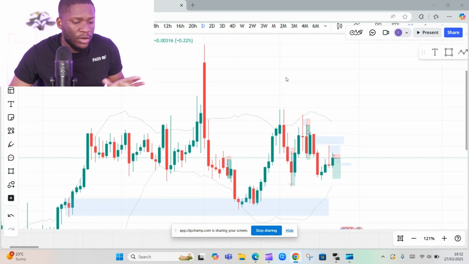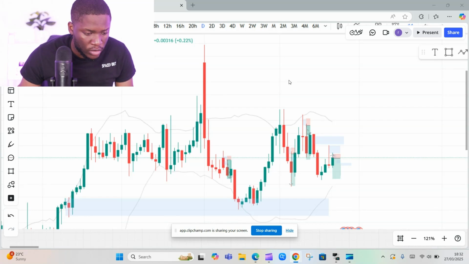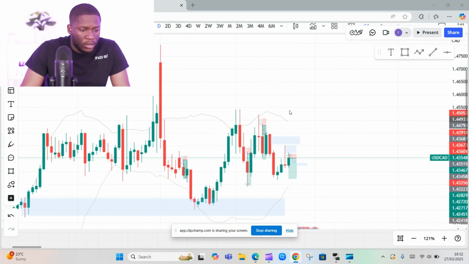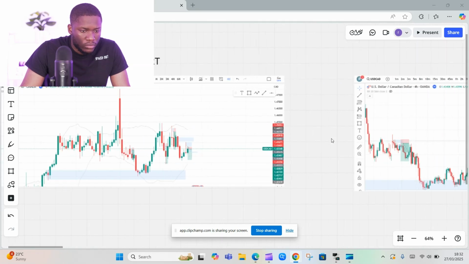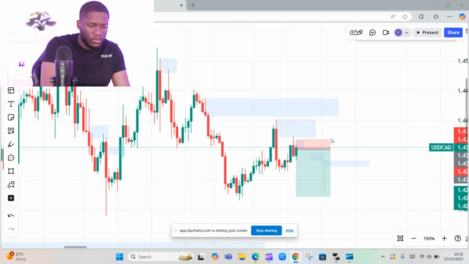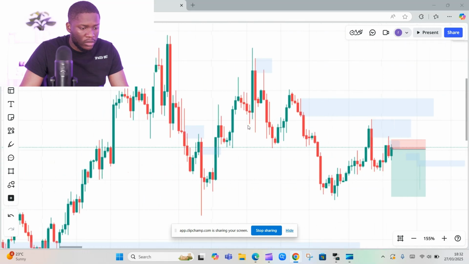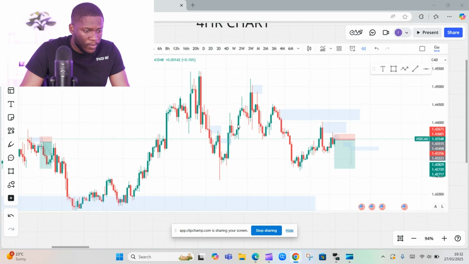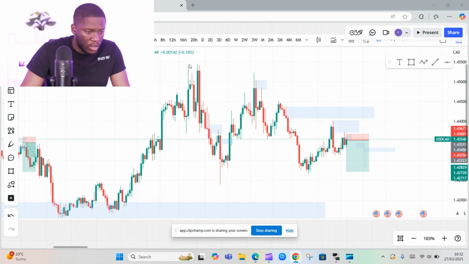So from the daily chart, I know, okay, I'm trying to go bearish on this pair. Okay, from the daily chart now, I go to the 4 hour chart. So I open the 4 hour chart. First thing, yeah, I see this. This is an accumulation, but on the lower time frame. Price goes down, price drops, comes back. Again, same thing. Fair value gap, inefficiency, imbalance, comes back to this imbalance, drops again, it accumulates one more time,